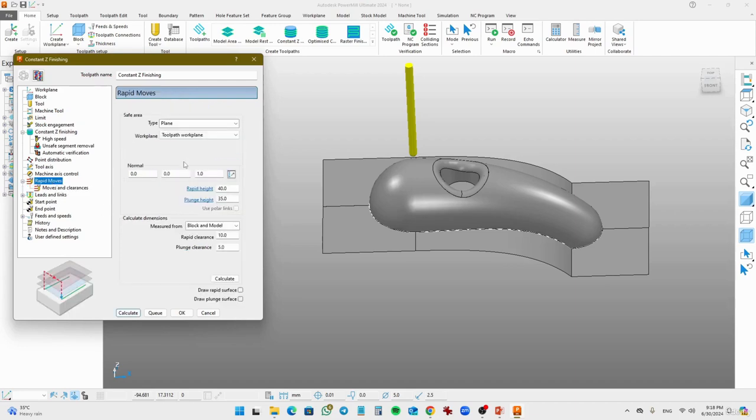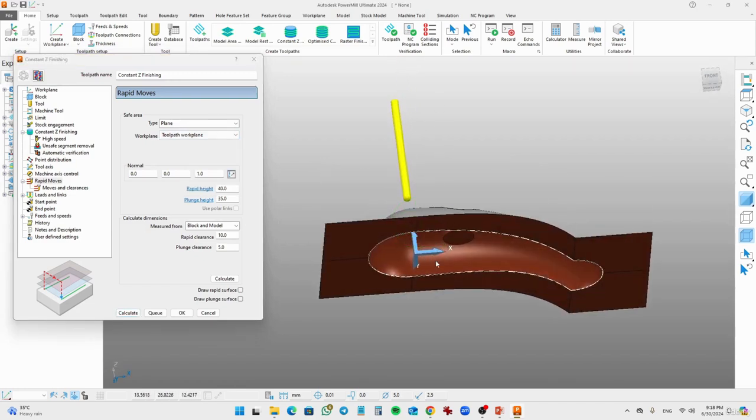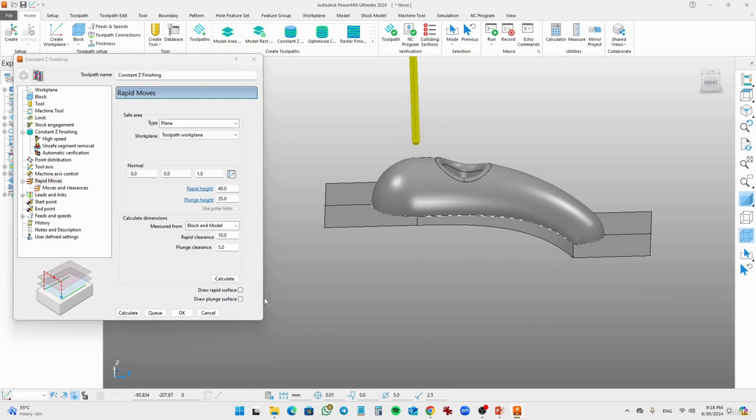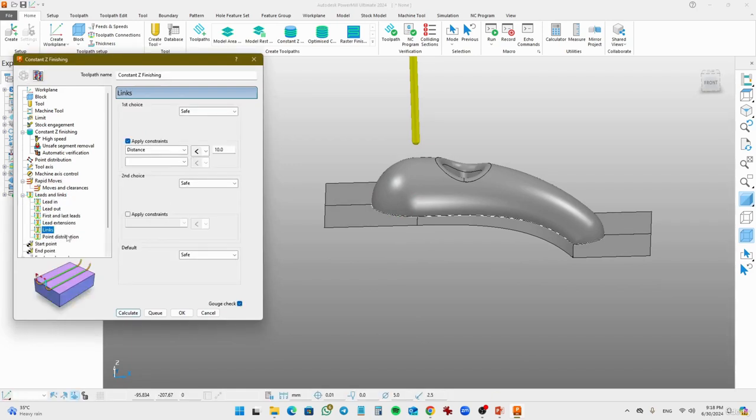Just go to rapid moves and we have the workplane set, which is a tool path workplane, and set it at the bottom of this surface. Okay, just create and calculate it and go to links, and click on this